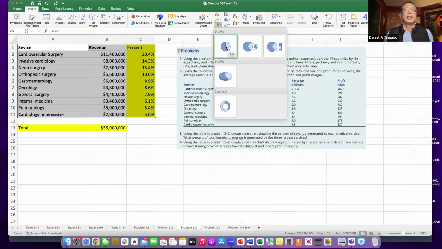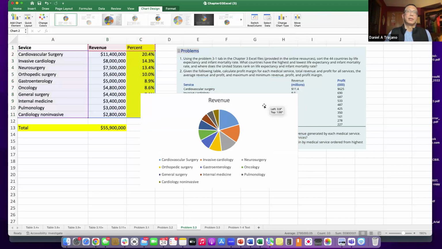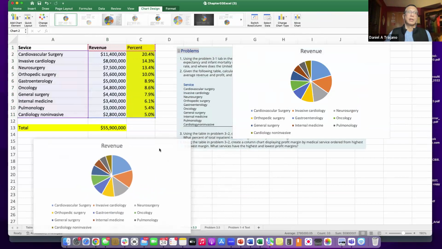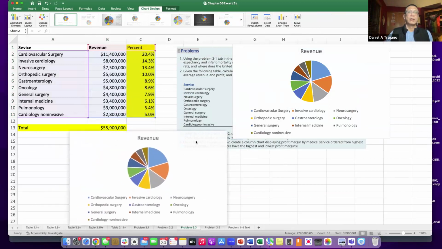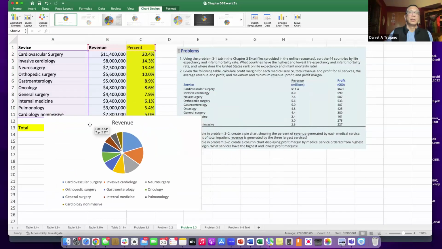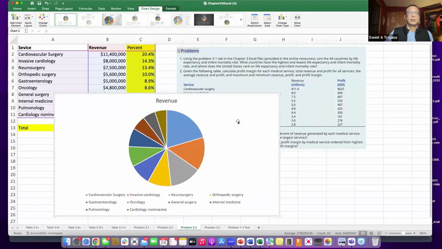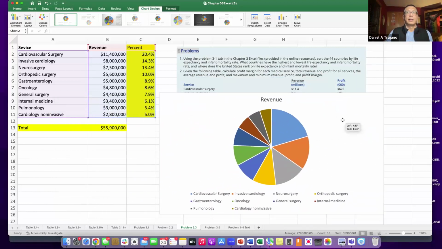You have the data you want highlighted there. And if you click on that, it will automatically generate a pie chart. You can move this around just by grabbing it. I'm going to move it down just so it's a little out of the way here. You can enlarge it if you want. And I think what's really cool is, this is not a great looking chart for that many different services, to have